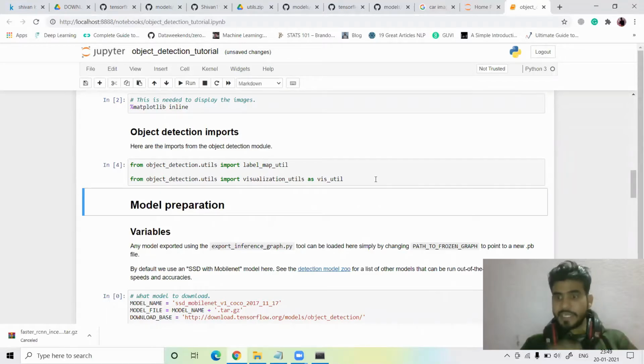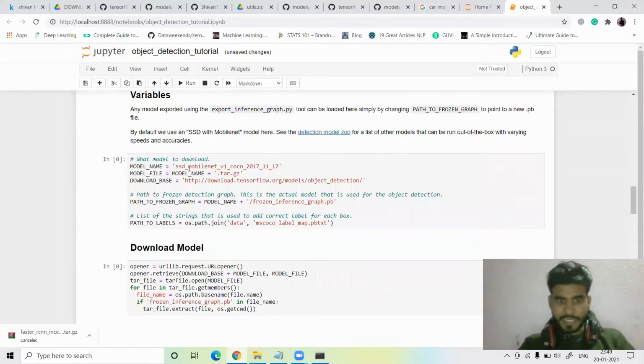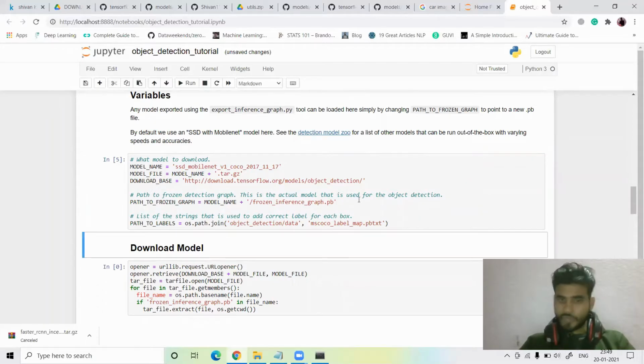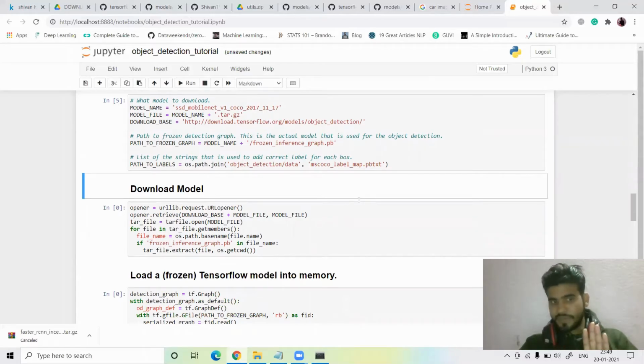So nothing major. Just copy your Jupyter notebook from the object detection folder and paste it in the research folder. Open your file in the research folder. After that, make some changes. First change: write object_detection before utils. Then the next change: write object_detection here again, and then run this cell. Okay, it's done. The fifth cell is done.